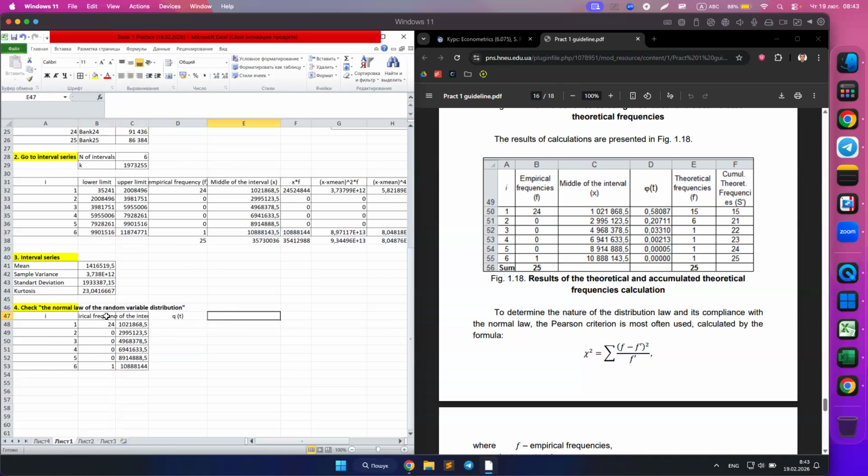After that, theoretical frequency. Theoretical frequency is called F strich. After that, cumulative theoretical frequency,